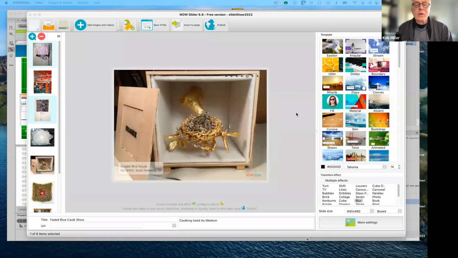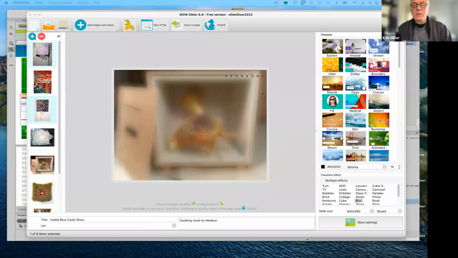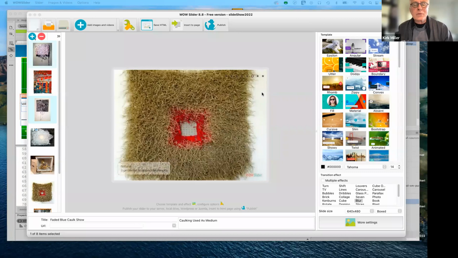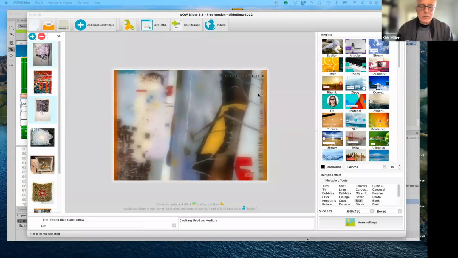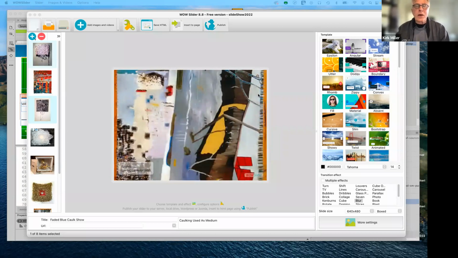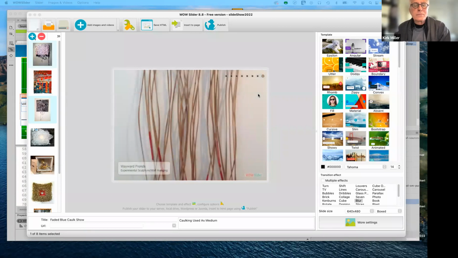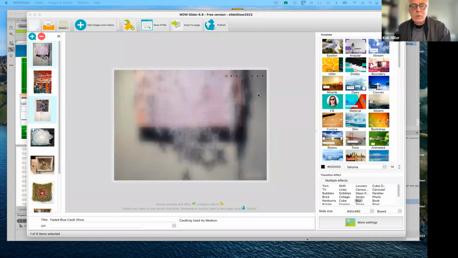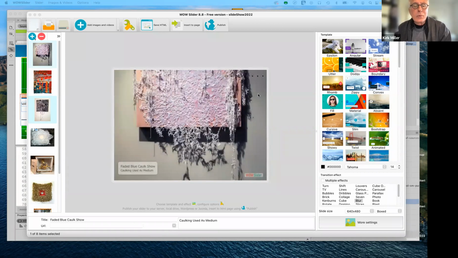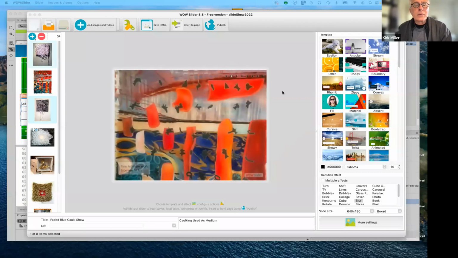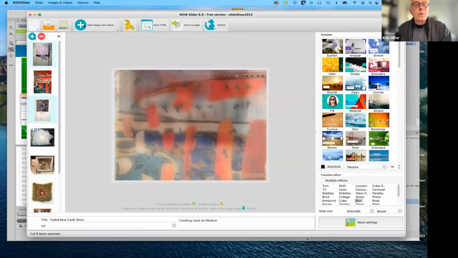So before you even use the WOWSlider, you need to decide on the size of the slides that you're going to use. And I would recommend using Adobe Photoshop for that. Save all of your files as JPEGs or PNGs. WOWSlider also allows you to link to YouTube videos if you happen to have any. But again, you just drag it in here, or where it says add images, you can click right here